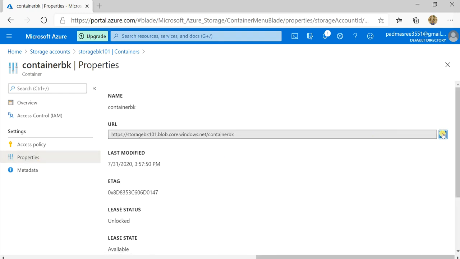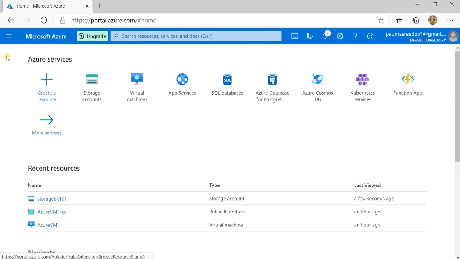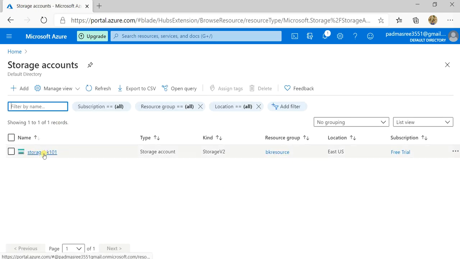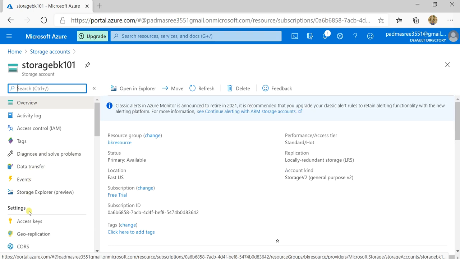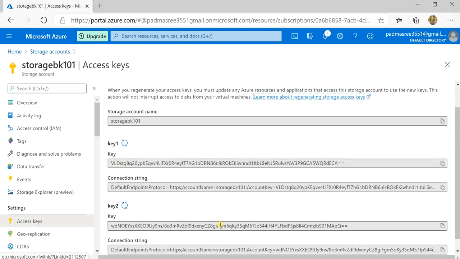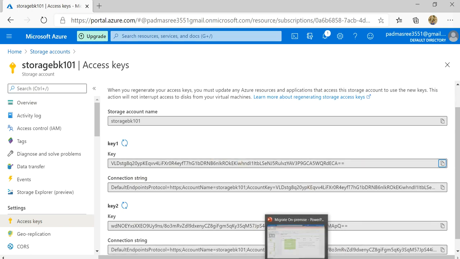Here is the path for the container, and the storage account name is storage bk101. Click on it, access keys. See here there are random keys, key 1 and key 2. You can take any one of those. I am taking the first key, key 1, copy, go to SSMS.